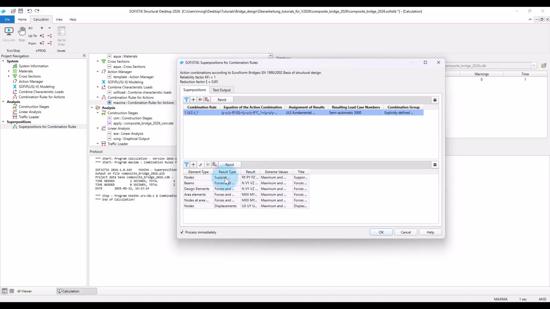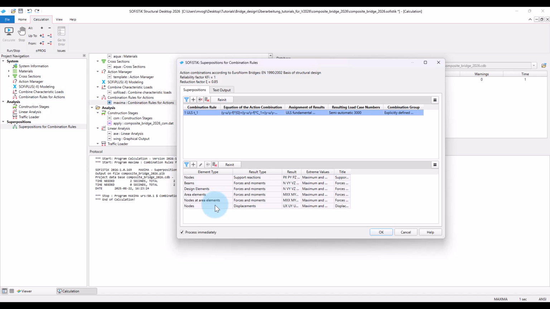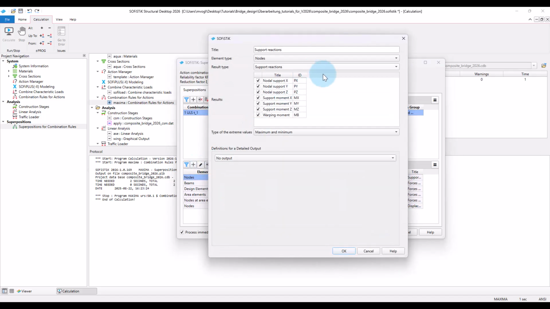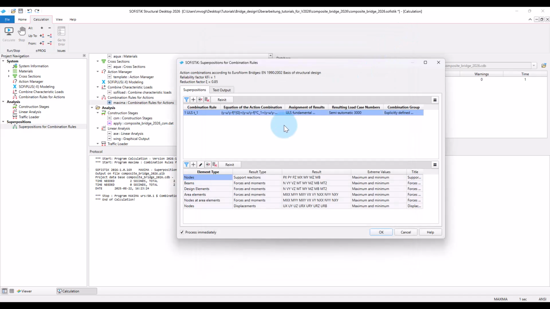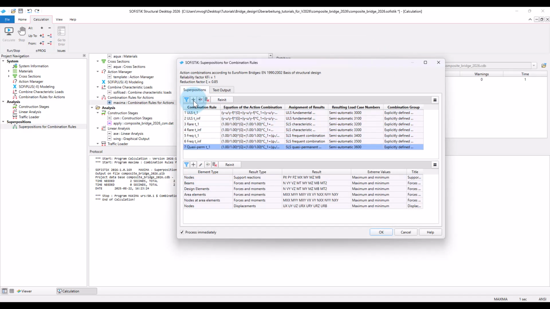You can see that by default, the most reasonable result types are already defined as superposition targets. Of course, you can also modify if you like. Okay, please add all the combination rules.